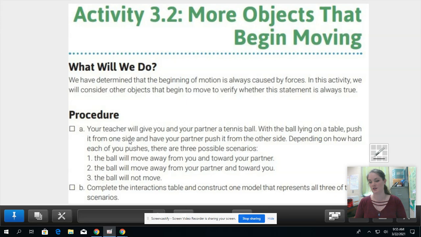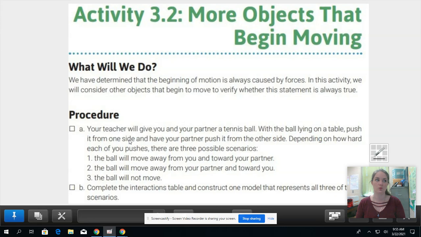While you're doing part A, I want you to make observations. What's happening? Why is this happening? How much force am I applying? What distance is the ball traveling? How is the ball moving? How is the force applied? What applied that force? So just make observations based off of what you see